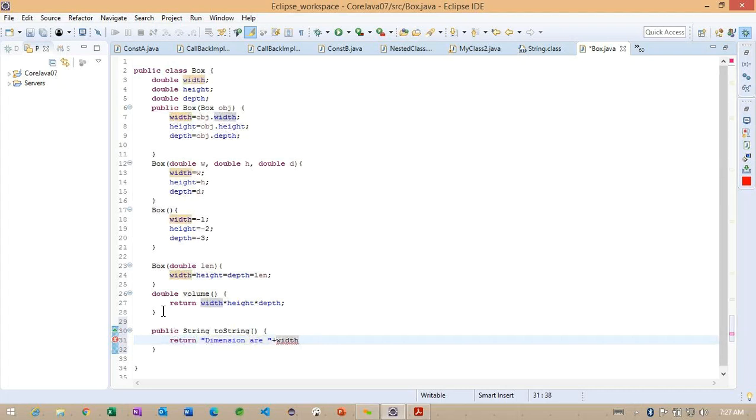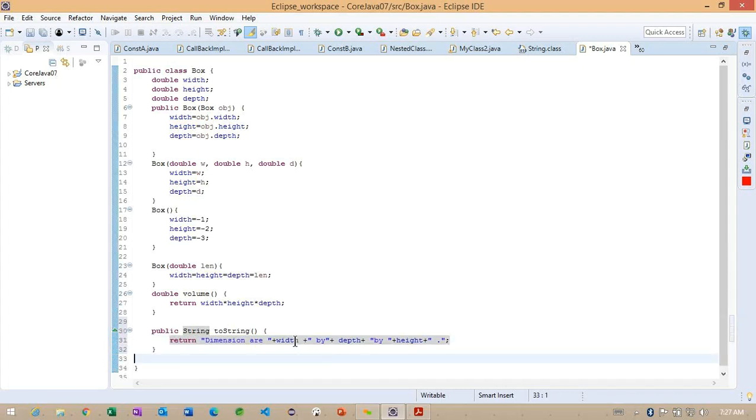We have width here. After width, I add some byte, then depth here, and the final one, height. So this is all about appending the string information.